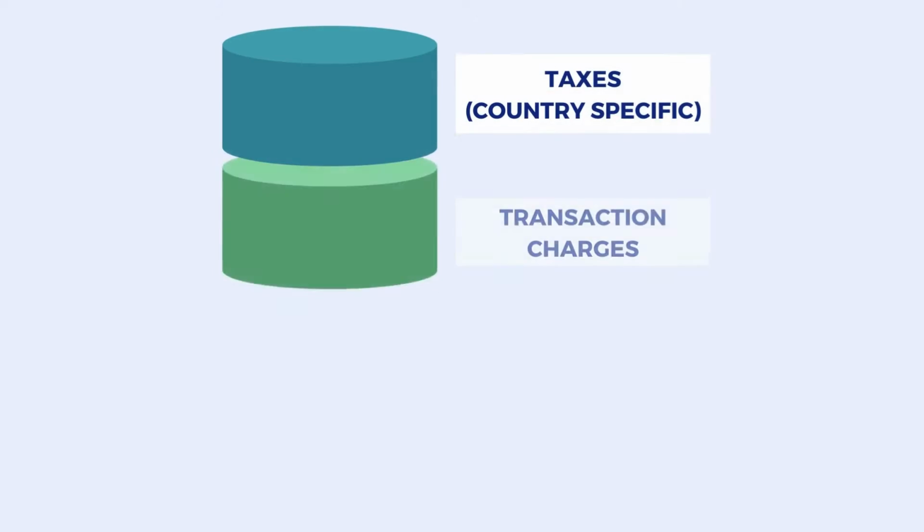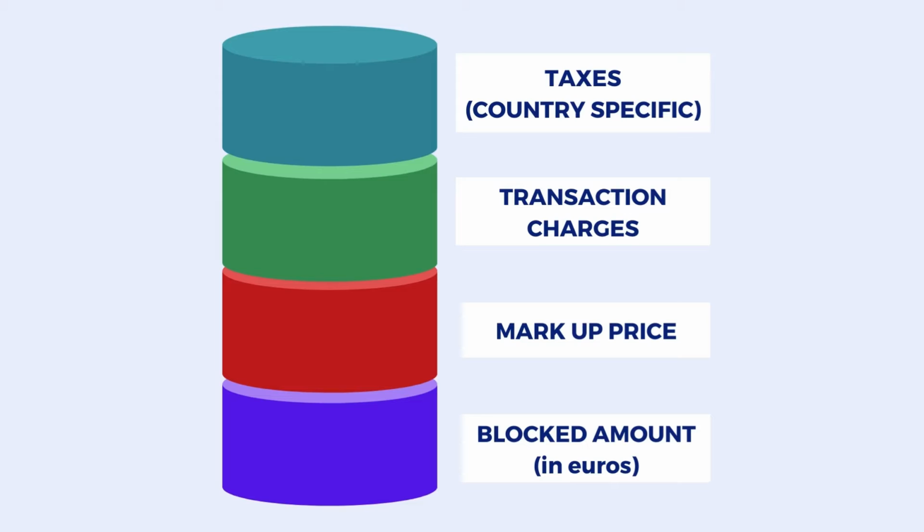For India, for example, there are certain taxes that you need to pay if the transaction is above the threshold. So all these things come together on top of the blocked amount or any money that you want to transfer. And then depending on the banks and the providers, the service charge might be different. The margin has a huge influence on the end result for you, because if you lose 50 points in 10,000 euro, it adds up to a large number, and that's where the